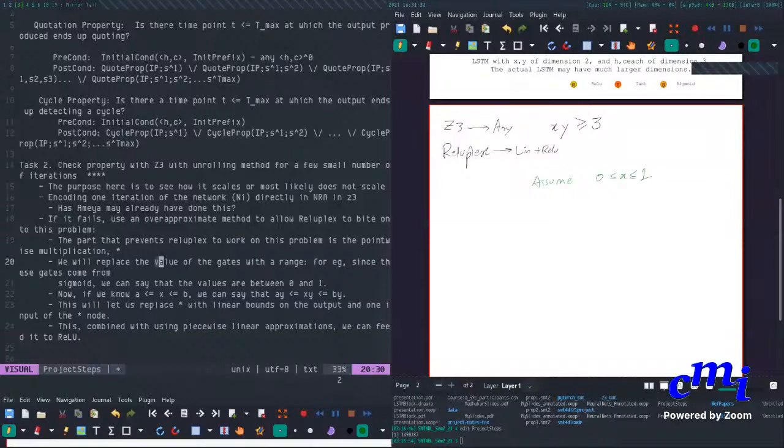So if we know that x is between 0 and 1, and we are confident that we can prove this assumption, then we can substitute this here, and we can reduce this inequality to something linear. So what will happen is then you'll get 0 greater than or equal to xy greater than or equal to